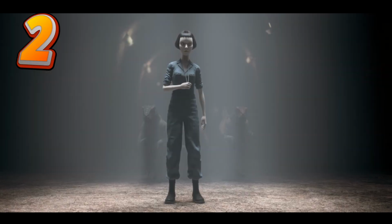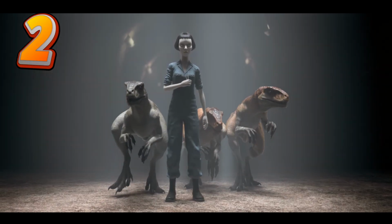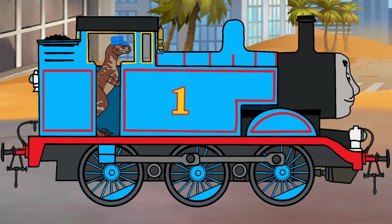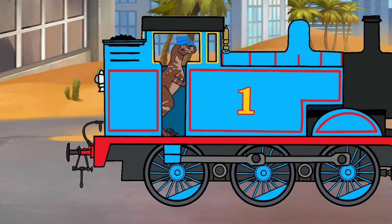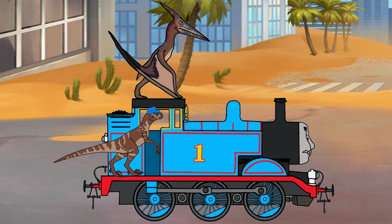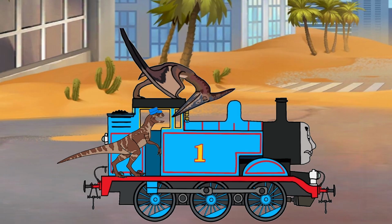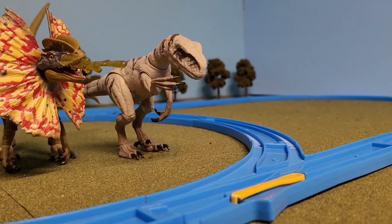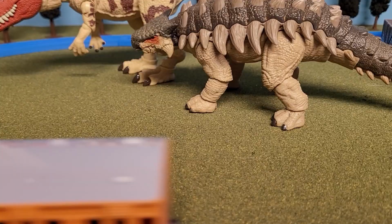Not to mention, these 2 groups are guaranteed to work in packs, so they can use teamwork to dispatch whoever's inside. And considering how smart Red is specifically, she could potentially take over the train and drive it to wherever she wants. And I just realized I forgot the Pteranodons. Give them 2 points, because they can actually latch on and peck at anyone inside, even while Thomas is moving. But we've yet to see a single dinosaur that's strong enough to cause a derailment. But that might change when we get into...